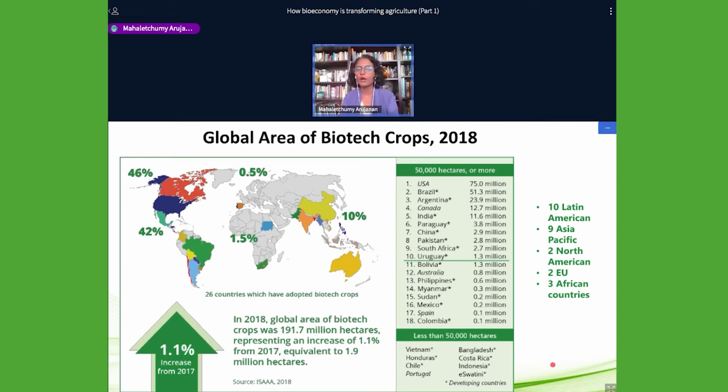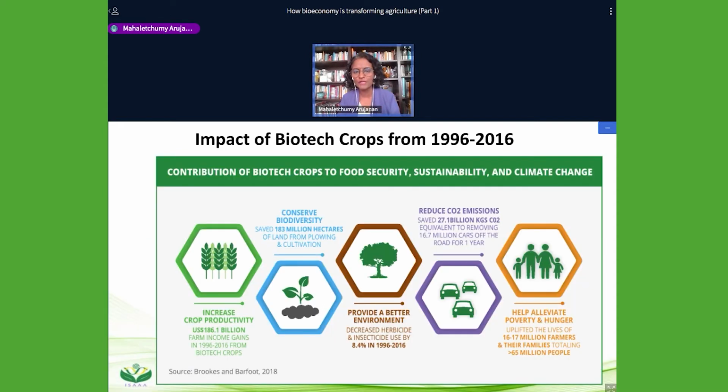with biotech crops. Now, ISAAA will soon be releasing the data for 2019, where we see a very positive trend in adoption of GM crops as well. Now, whenever critics tell us that GM crops are not giving any benefits, we show them this data. Farmers are businessmen. If they don't see the benefits of adopting a certain technology, whether it is seed or fertilizer or irrigation, they are not going to use the technology in the next season. But for this technology to be adopted year after year, it really clearly shows the impact, especially the socioeconomic impact to